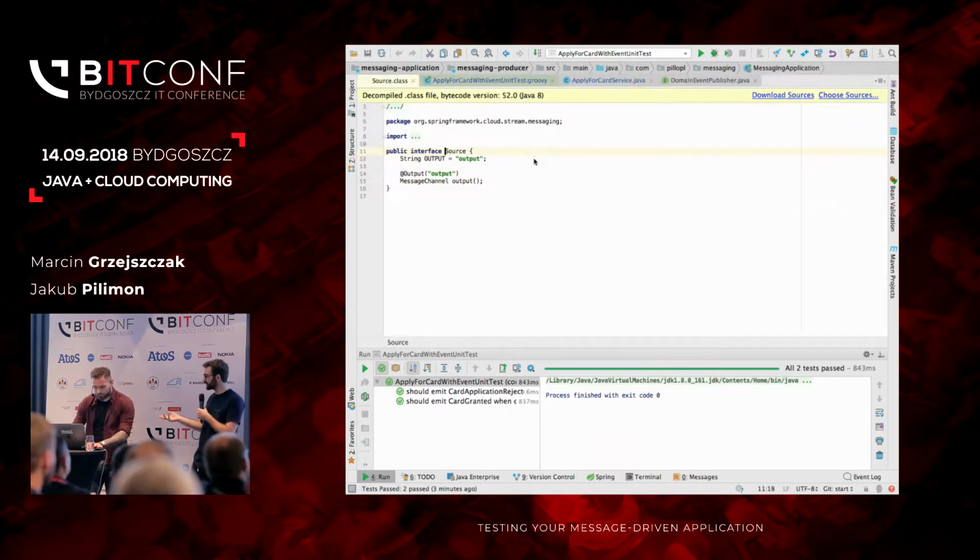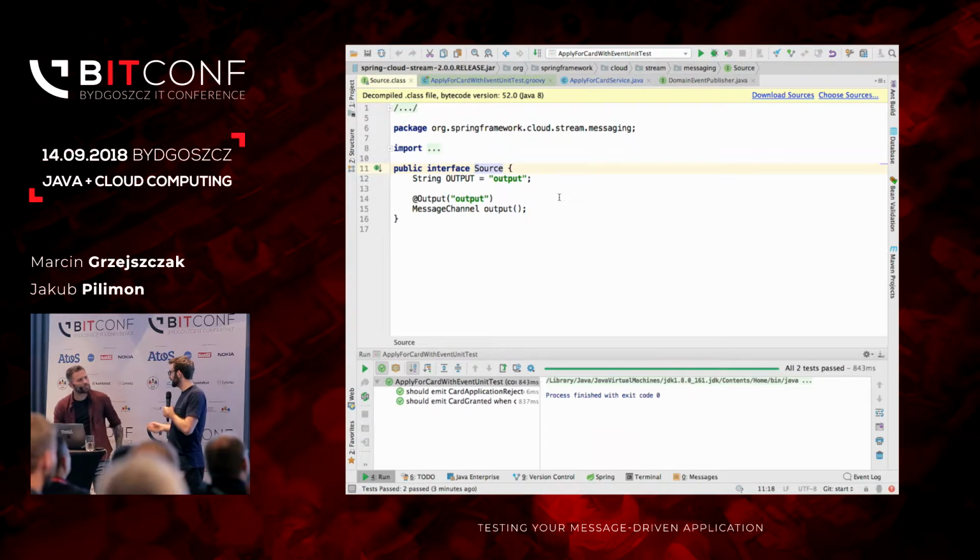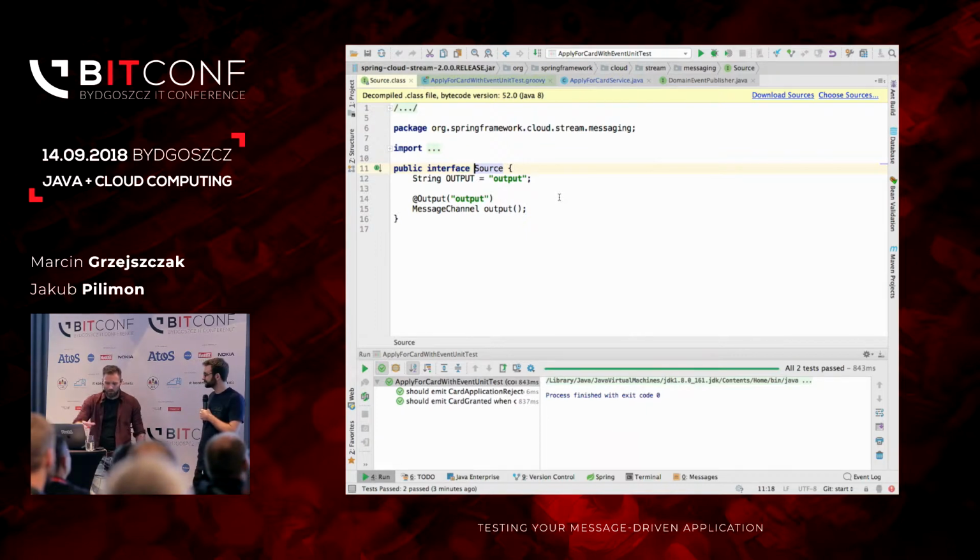Because typically all the applications, like the default implementations, just send a message somewhere and receive it in a single, let's say, place. So that's why Spring Cloud Stream comes with some predefined interfaces. So you're saying being a source to one output channel, and contrary, being a sink to one input channel is so common that it's built into the framework. Yeah, of course you can create your own interfaces and extend it.